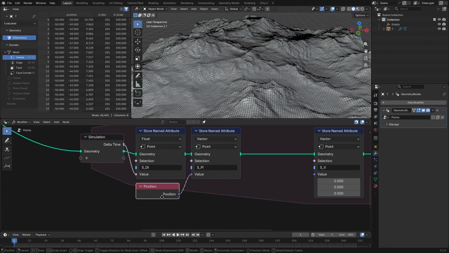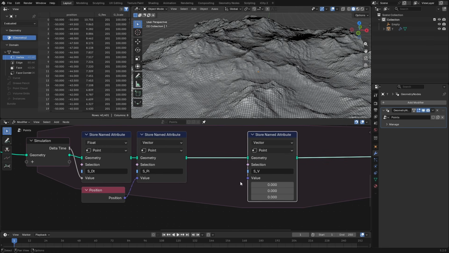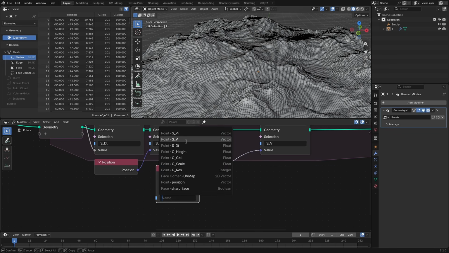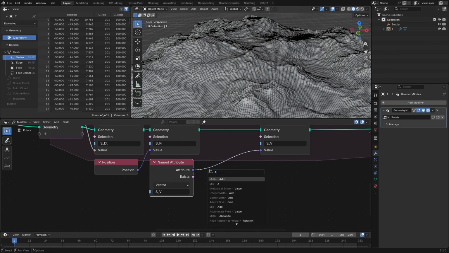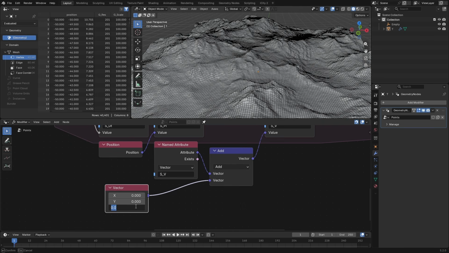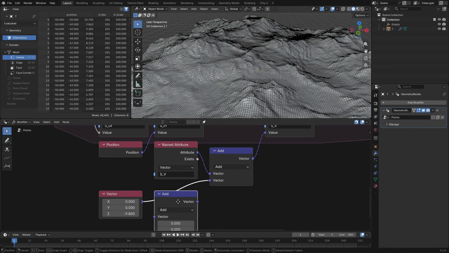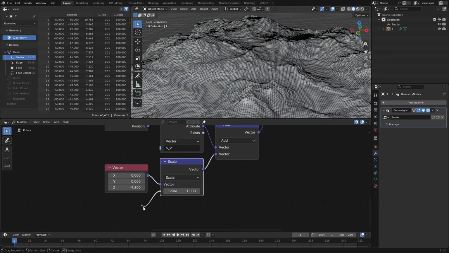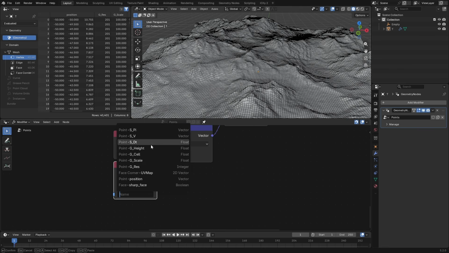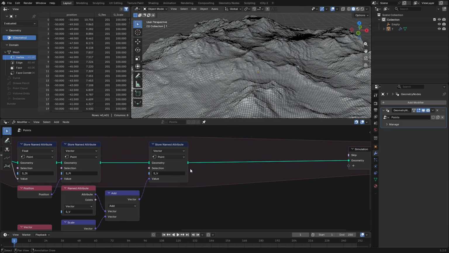Let's store the position, and for the velocity, we take a named attribute, named simulation velocity, and we add to it our vector, which is gravity negative 9.8, and we scale that by, you guessed it, named attribute the delta time,